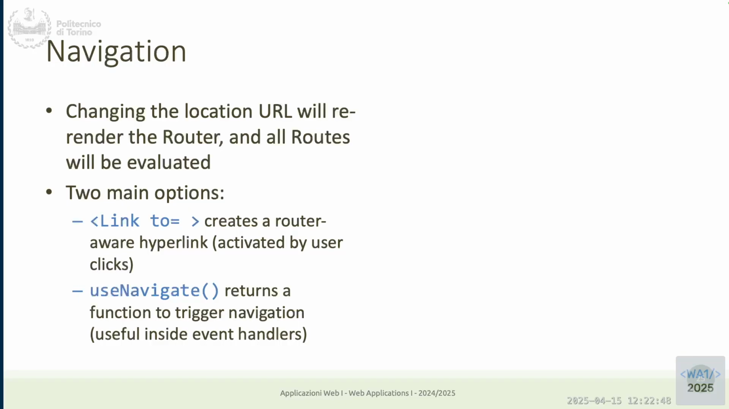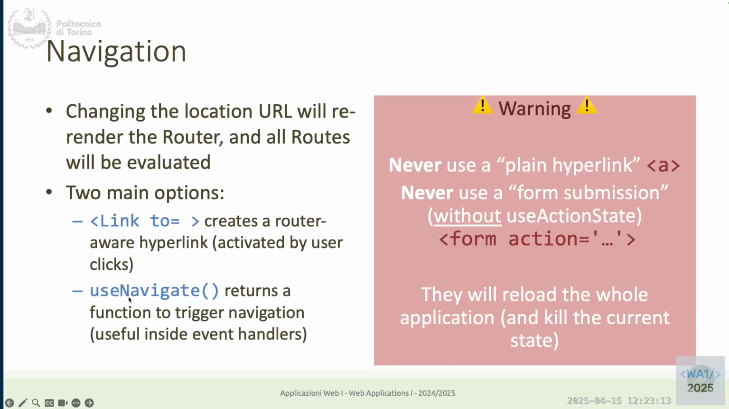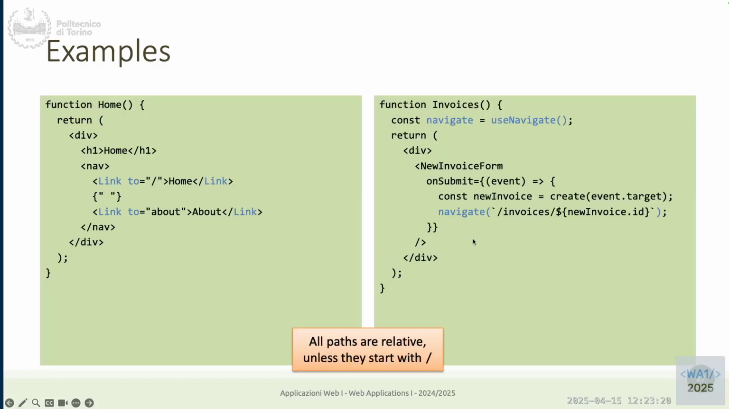For moving from page to page, like I mentioned, we have the Link element for creating a hyperlink, or if we want to move from page to page doing some action, so inside some callback or for some reason, we can do that with a hook which is called useNavigate. This just says never use a link, never use a form. The navigate hook,